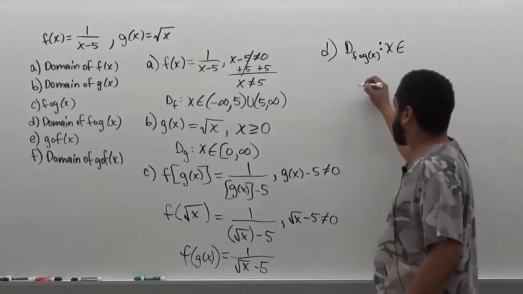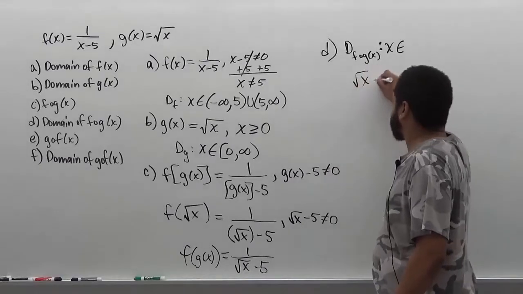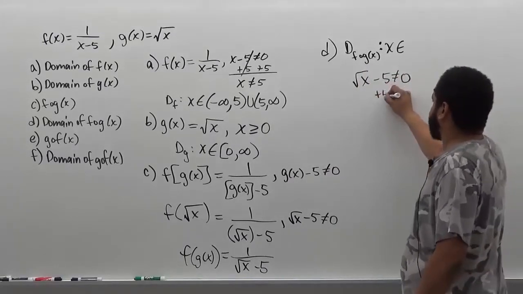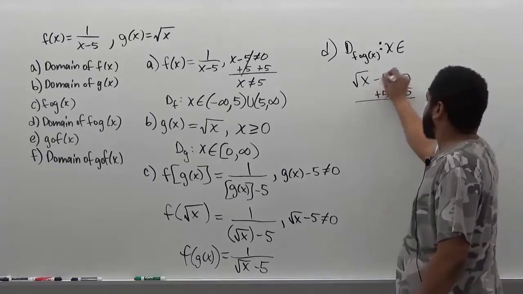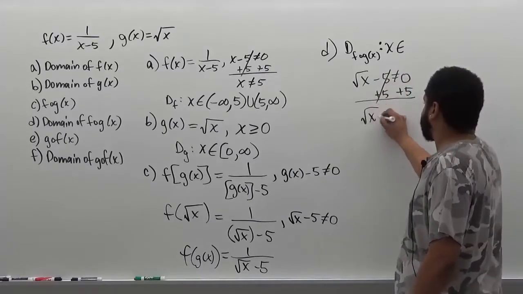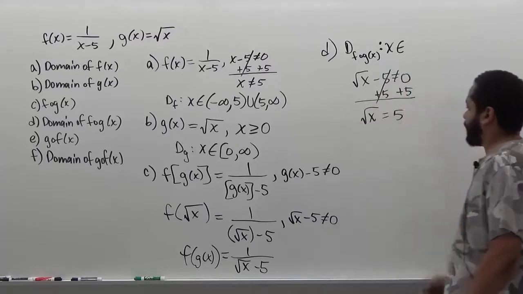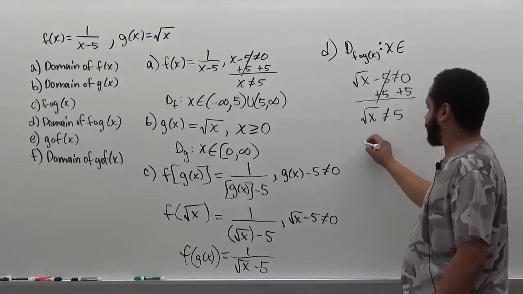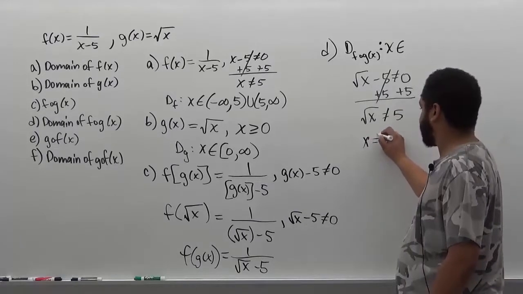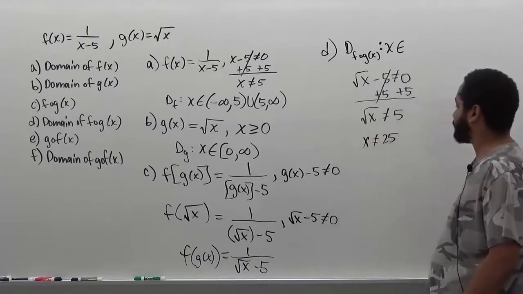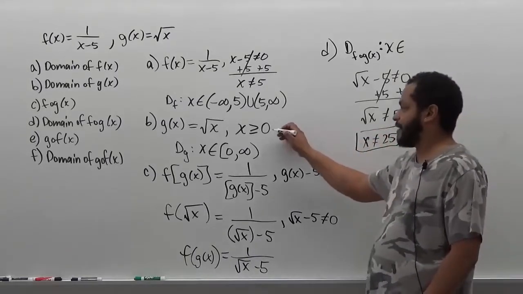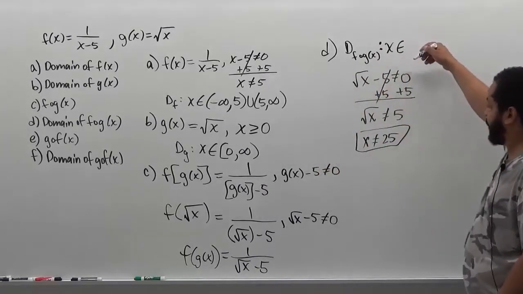So we're going to solve that one exception, which is radical x minus 5 cannot equal 0. We're going to add 5 over, where these 5's go away, we have square root of x is equivalent to 5. And then we're going to square both sides, so we have x cannot equal 25. So here's our one exception to the domain of g of x as an input, and we combine them